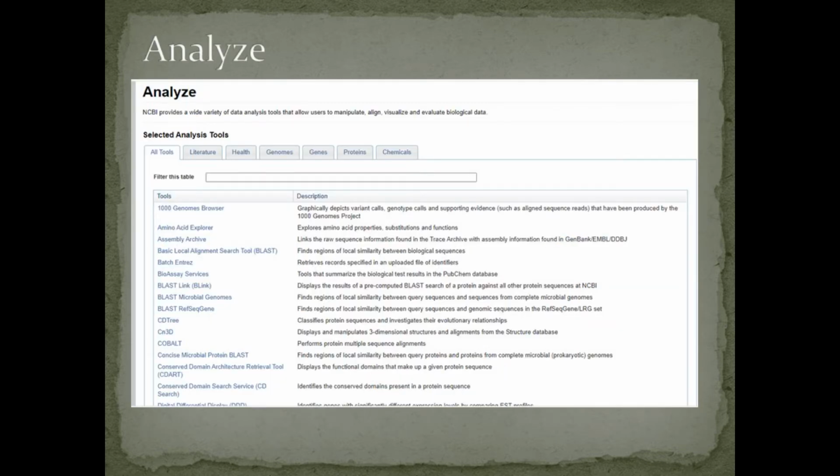Okay, finally we come to the analyze section. The analyze section is used for data analysis tools. This section comprises different analysis tools like BLAST, CN3D, COBALT, and so on.